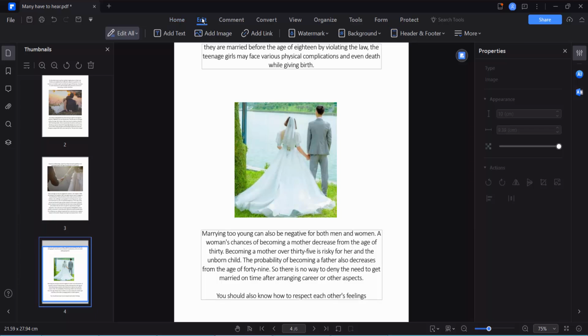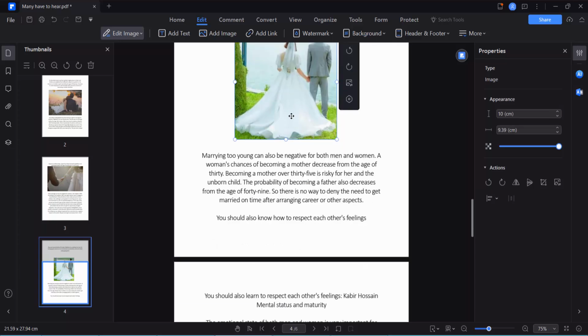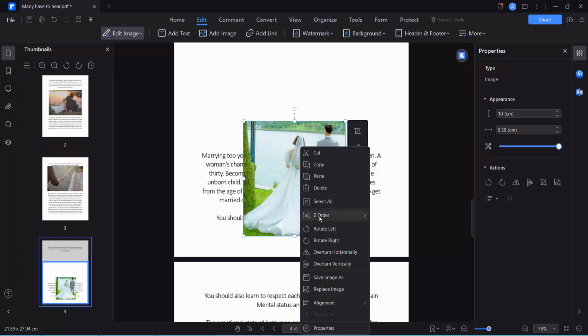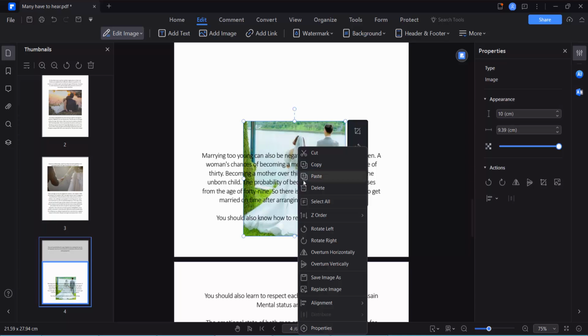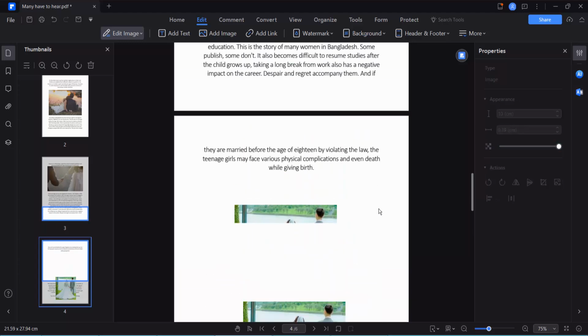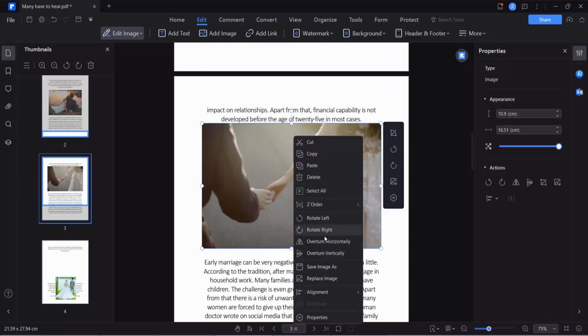First select the edit option. Now select edit image, click on this image and move it. As the image is now put on top of the text, if you click the right button and select Z order, you can make it send back or bring to front, and this way you can put your image in front. And the same way I'll insert this image